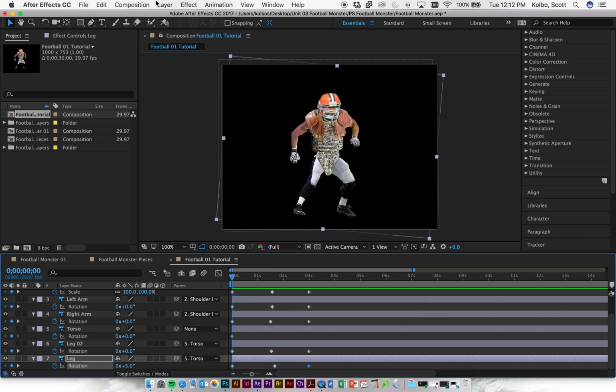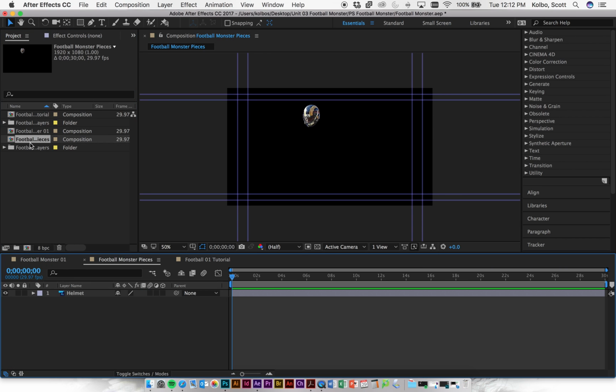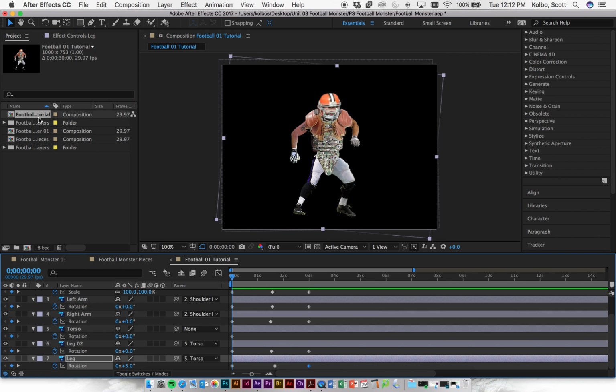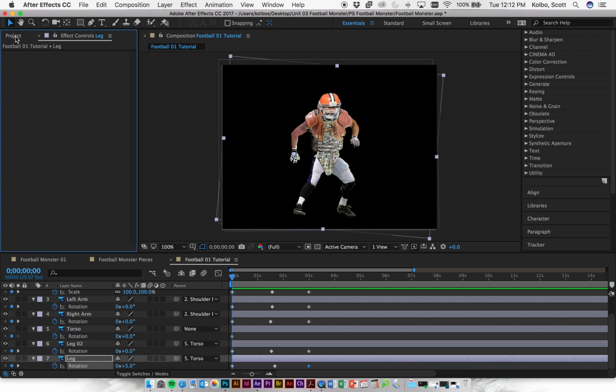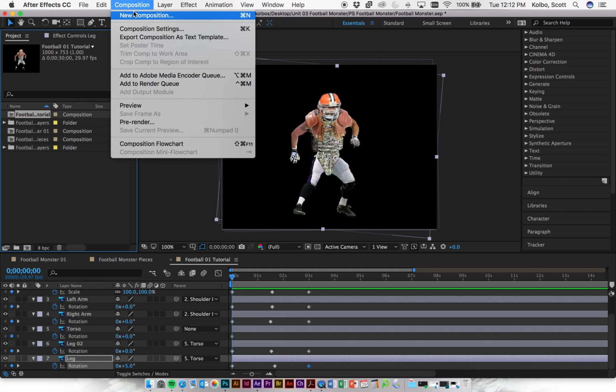So this is what we call nesting. If you look up here in my project panel, I have this layer that I just finished, and so all of the adjustments I've made here are in there. I also have this one which was blank, and this one which just had a helmet, right? But if I wanted to, I can place or nest this football one tutorial composition within another one, which can really make things better and easier for you. So if you go up here to composition and you go to new composition,